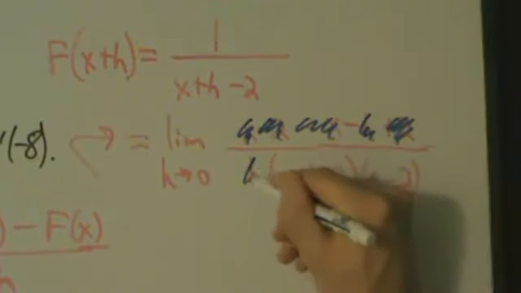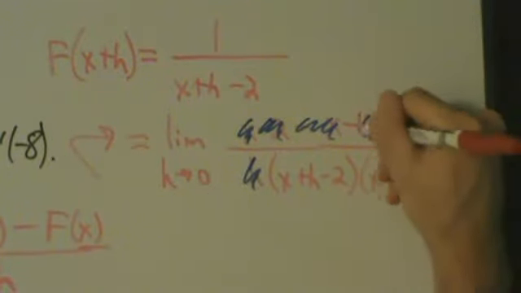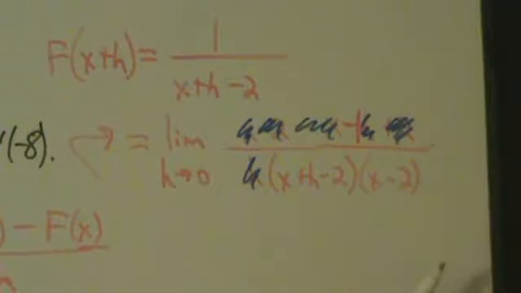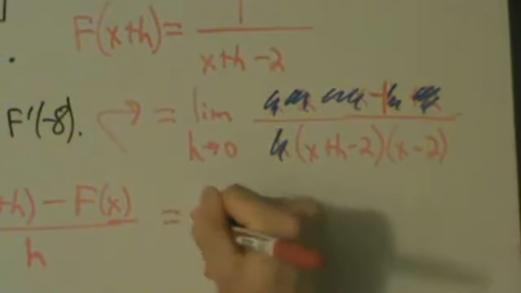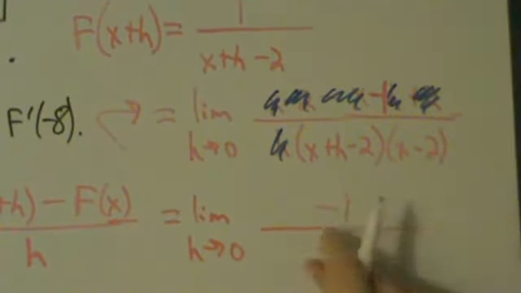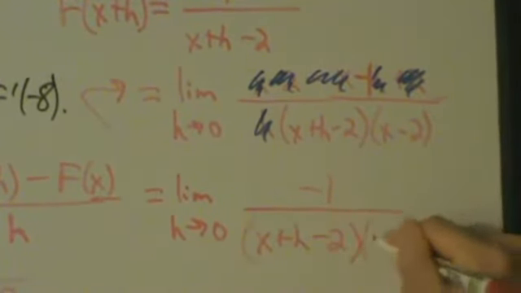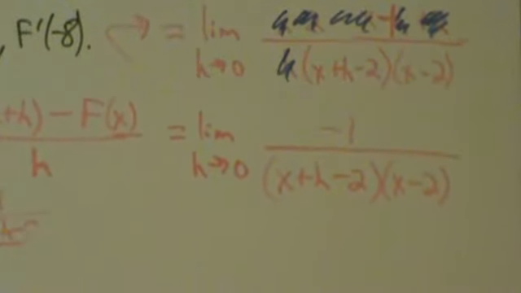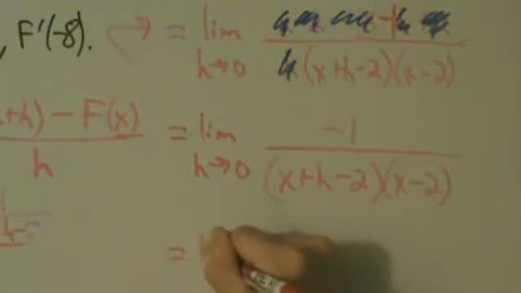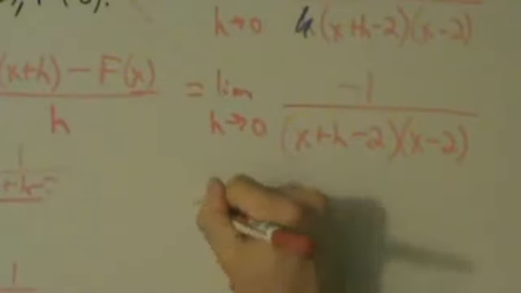And now we just have a minus h. So h cancels with this h down here, and then what we're left with is actually minus 1 on the top. Right? We're left with the minus 1 now. So we've got to be careful about that. Okay, so this equals, let's just write it over again so it's easier to read. Minus 1 left over on the top, and then on the bottom we have x plus h minus 2 and x minus 2. All right, now, because we canceled this h over here, now we can do direct substitution. So let's go ahead and do it. And when we do that, actually, because we're doing that, we don't need the limit anymore. In fact, we shouldn't have that anymore. So this equals